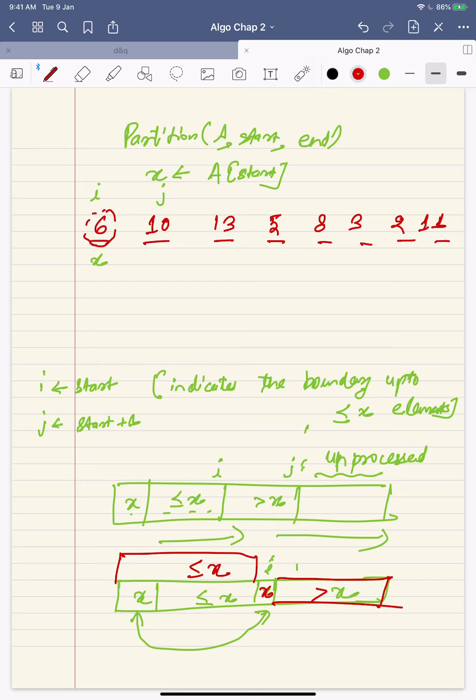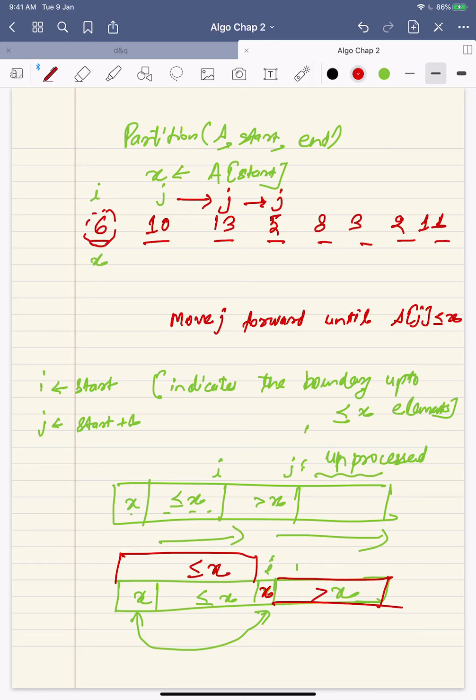Now the question is, how do I move the indices? That's quite easy. You start with I and j, and j will indicate all the elements that are greater than x. As long as you are finding that, you move j forward until you find something like A[j] is less than or equal to x. So I can keep moving j; greater than x, not a problem. Now you find something that is